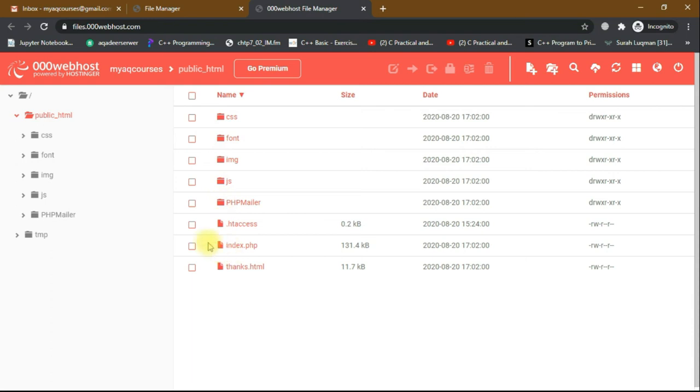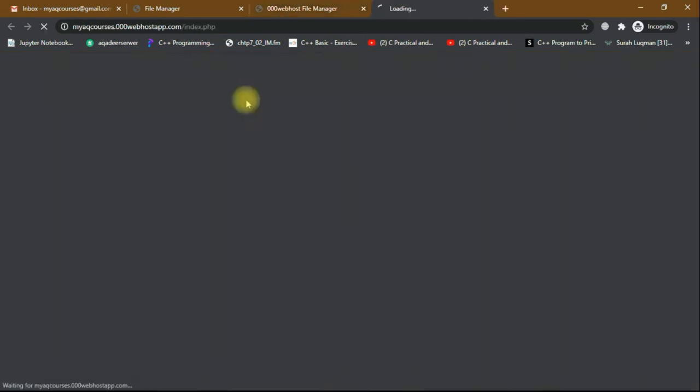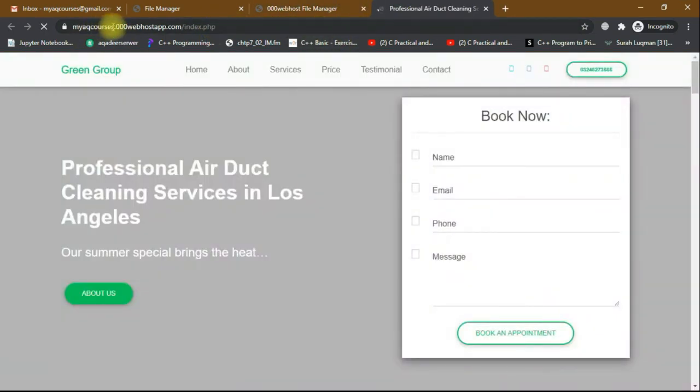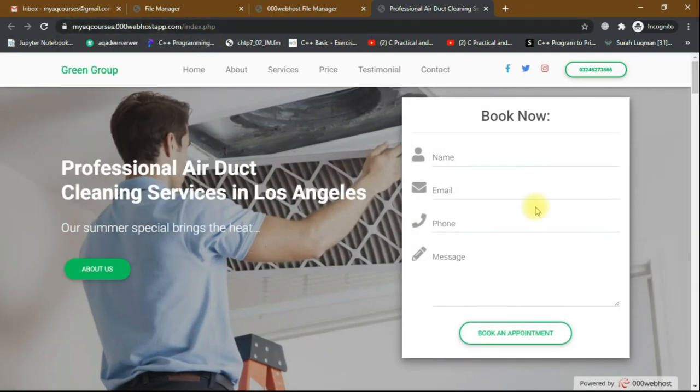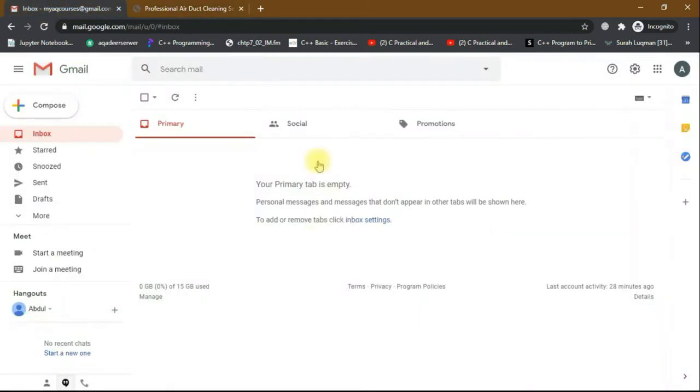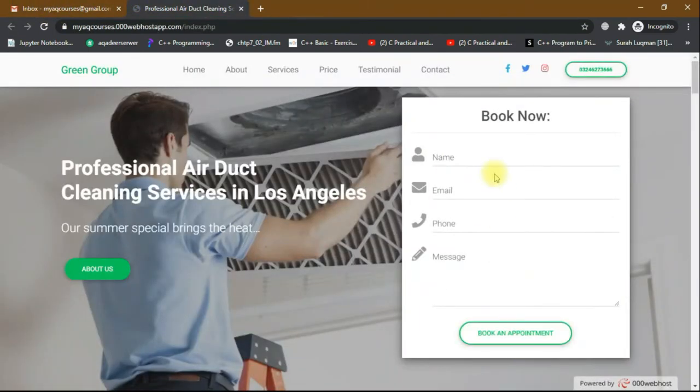Let's check it out. Right click on that and click view. So our project is now live on server, also the connection is secure. So this is our PHP landing page and it is live on server now. When we fill this form, we receive an email notification. So let's fill this form. Type email Jonathan, phone number,